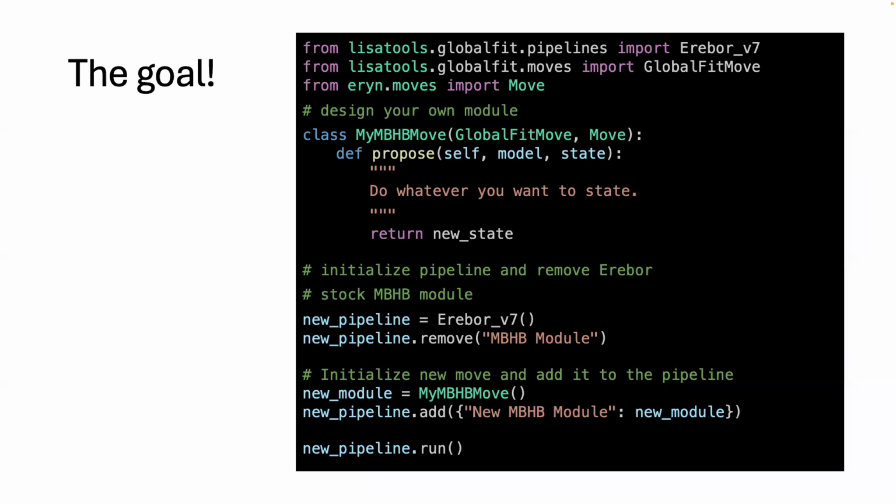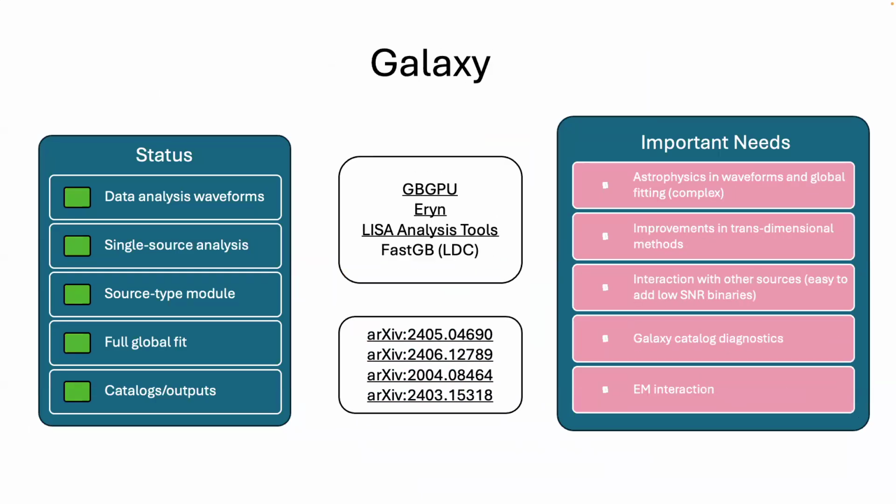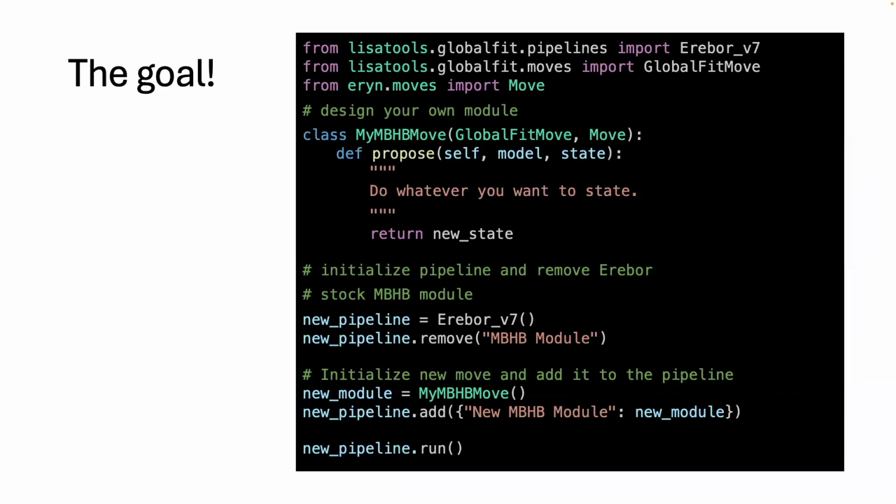I think this is an important area of need in the LISA research. I think I put that in for the galaxy and whatnot, that we have EM interaction. But I think it would definitely help the global fit to have a joint likelihood based on some type of EM observations. Obviously, you have to apply some statistical framework to EM observations, and I'm not as familiar with that because I don't work on the EM side. But a joint likelihood between them is something I see being very useful,